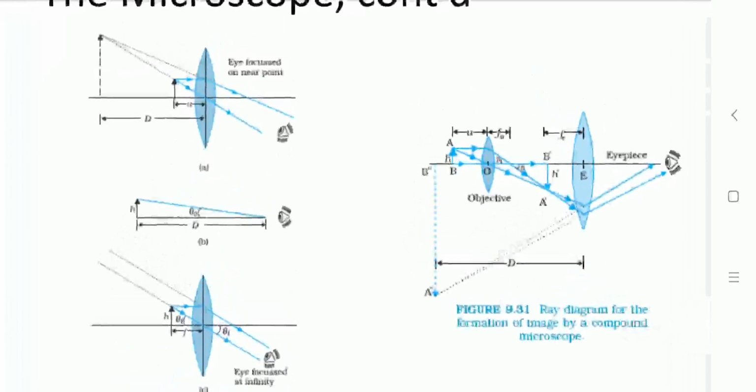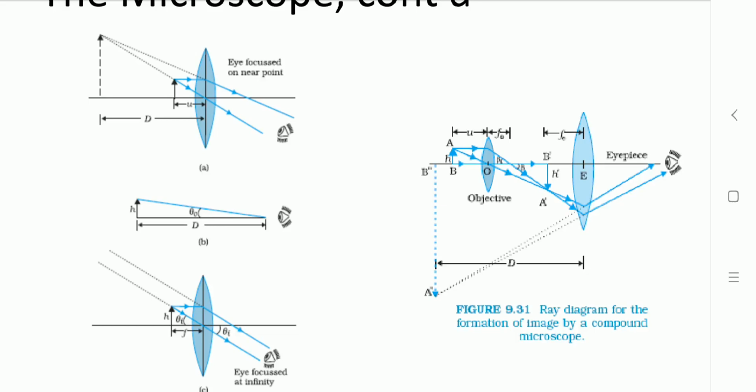Here we are using a simple magnifier, or microscope, which uses a converging lens of small focal length. In the microscope, the lens is held near the object, one focal length away or less, and the eye is positioned close to the lens on the other side. The idea is to get an erect, magnified and virtual image of the object at a distance that can be viewed comfortably, that is 25 centimeter or more.